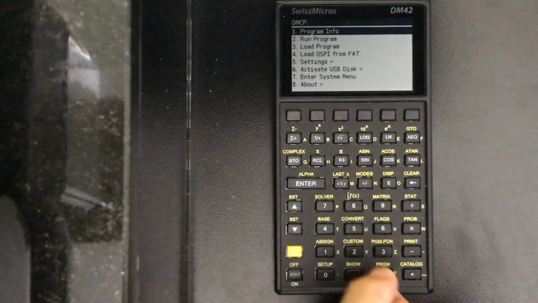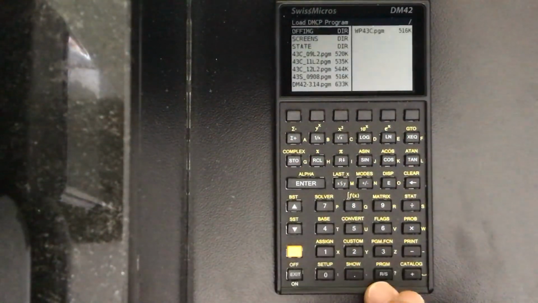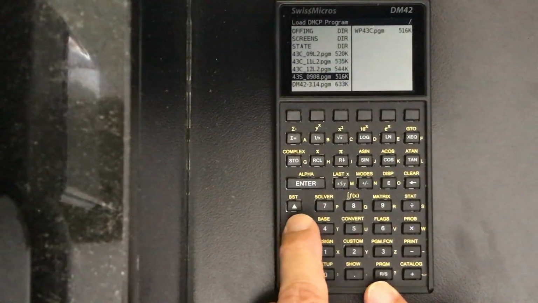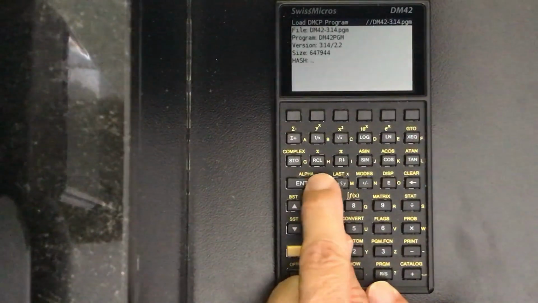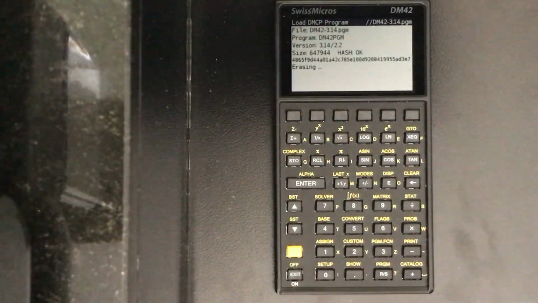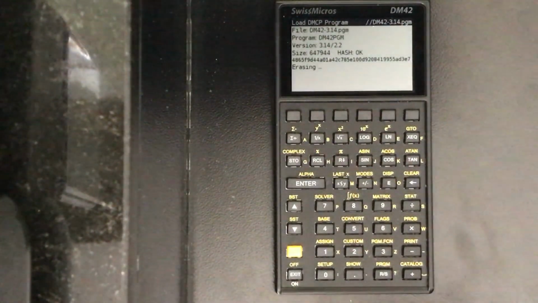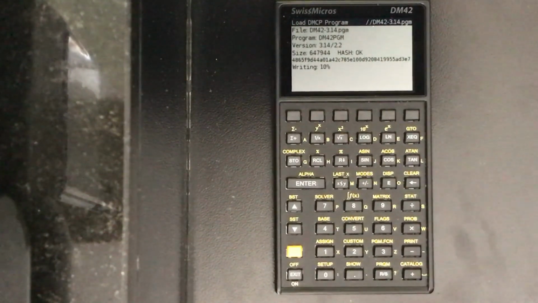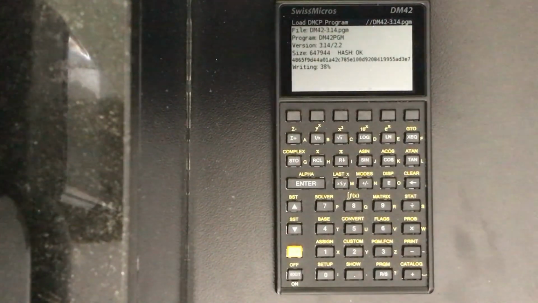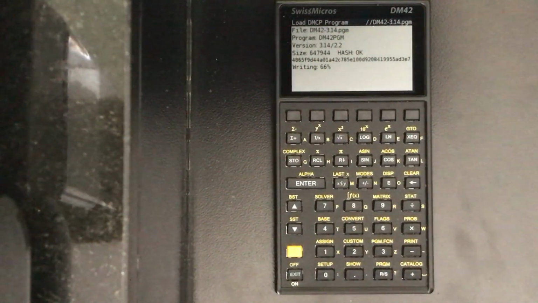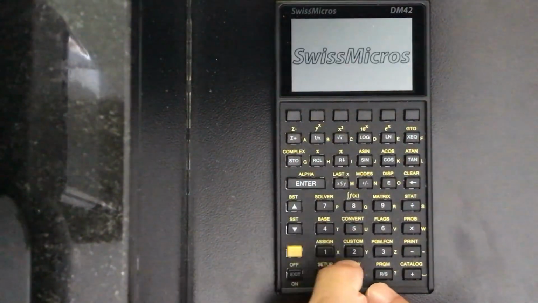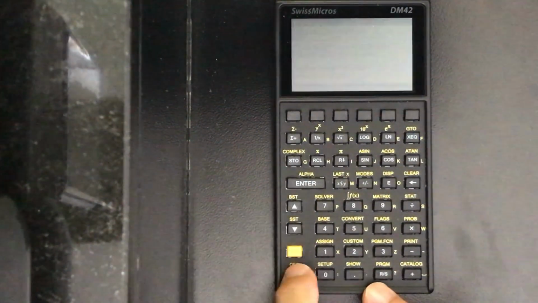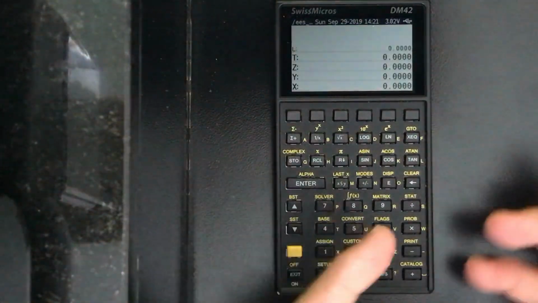We go to load a different program. So number 3 is load a program. I go down and I load in the latest original DM42, and I just tap that, and off you go. There you go. Takes a while, but that's fine. Okay, press the key to start, and exit key, and there you go. That's your standard